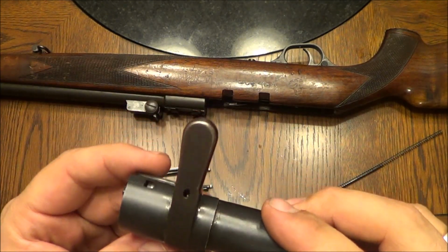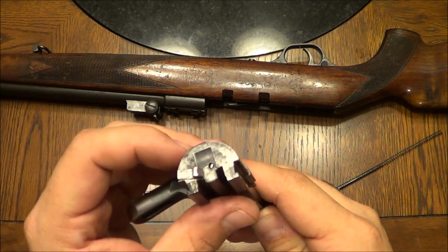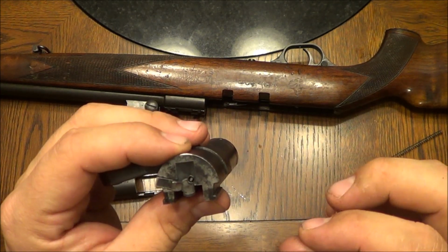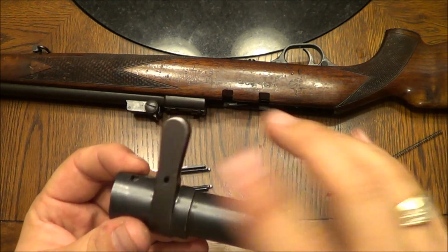So far I've only put a couple rounds through this thing just to make sure it actually fired. And I will say where the striker hits the rim of the 22 is a very positive strike. It's rather impressive. But once you get this oiled up,